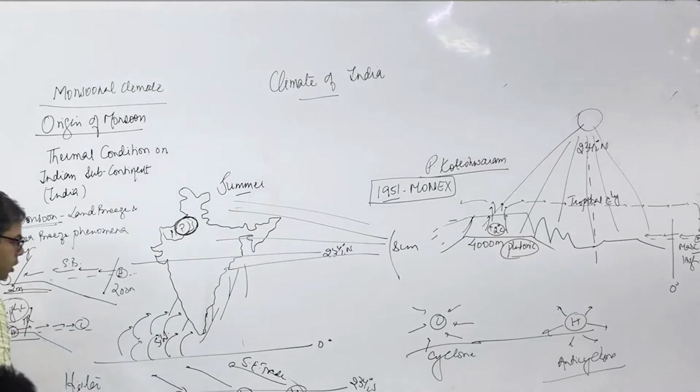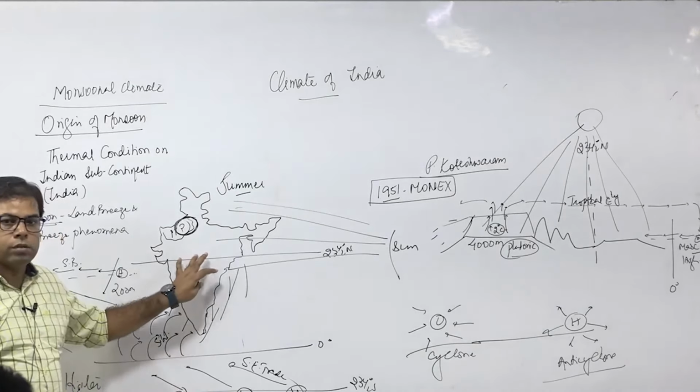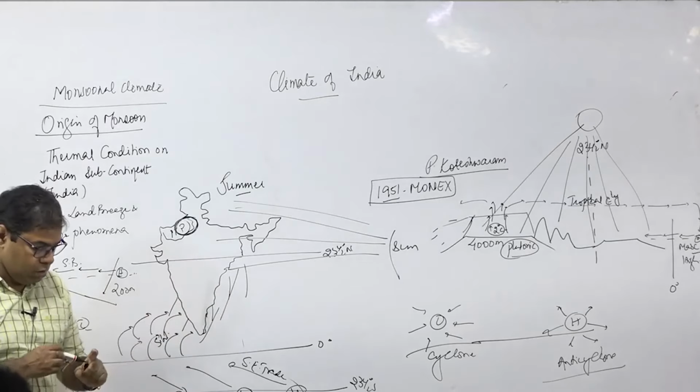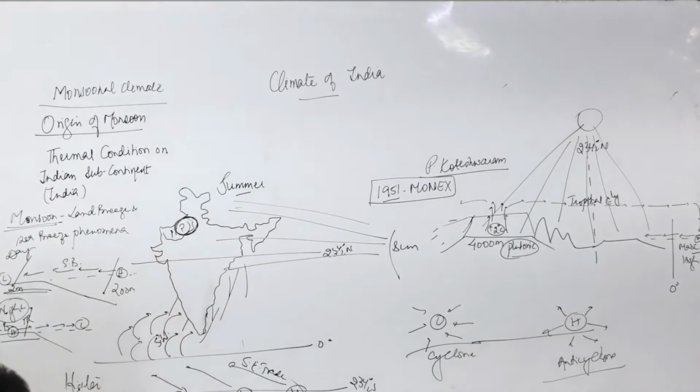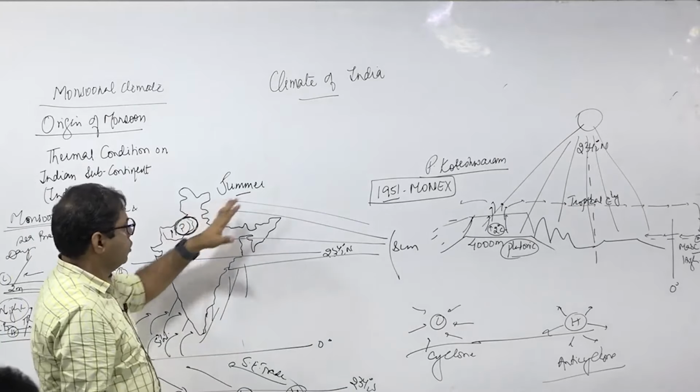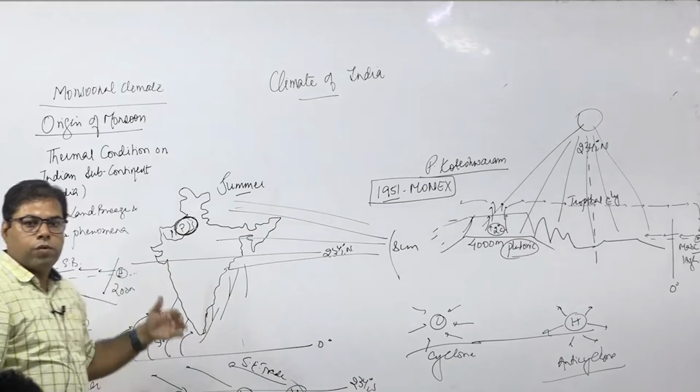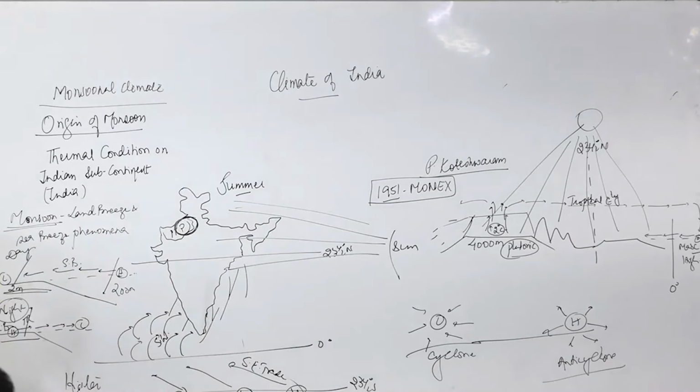Right? What is happening there? The wind is coming from the ocean to land, sea to land. When? Summer season. When the land is cooled, the wind retreats back from land to sea, in the winter season. So is it not the phenomenon of land breeze and sea breeze? Yes or no? It is driven by the differential rate of heating. The land is heated faster and also cooled faster.